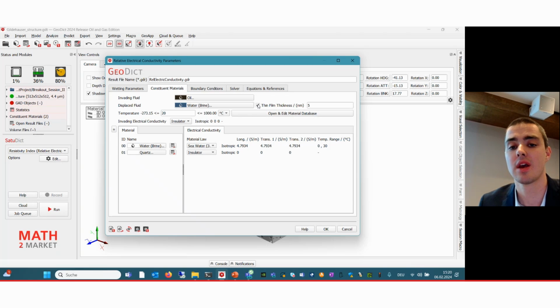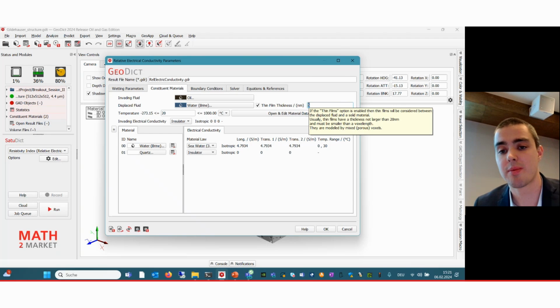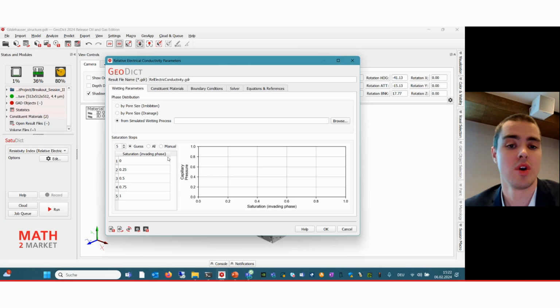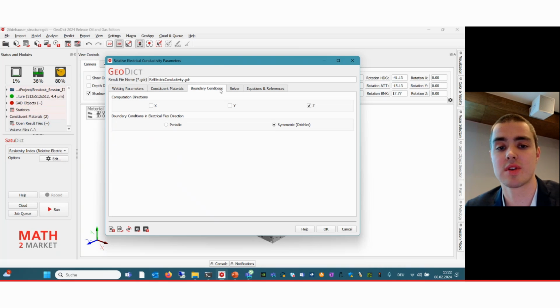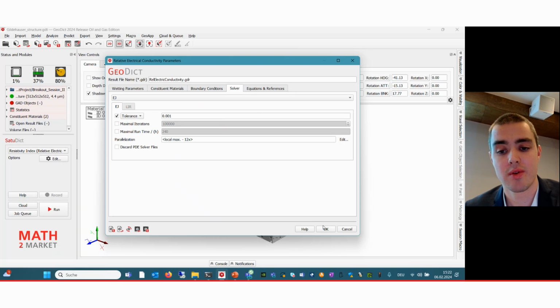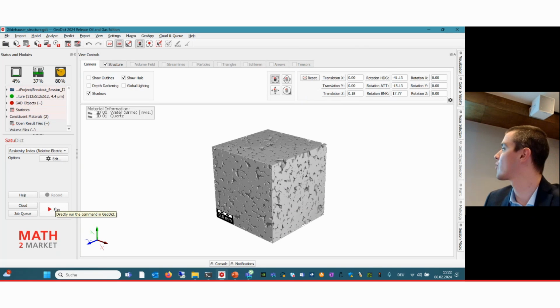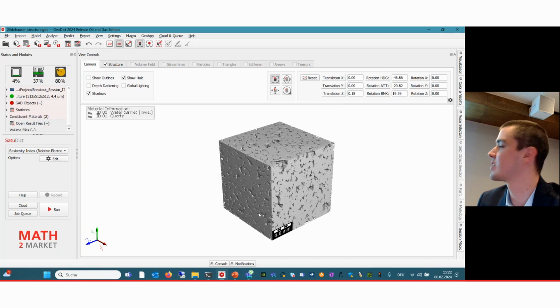Then you could enable the thin film of water and consider different thicknesses of such a thin film, which could range depending on what you might try to match with your experimental results, if you had any, or from experience I would go with 20 maybe. Good. Then the setup of boundary conditions and flow direction. For the sake of time, we could go with the defaults. And then by clicking on run, we would get the results.